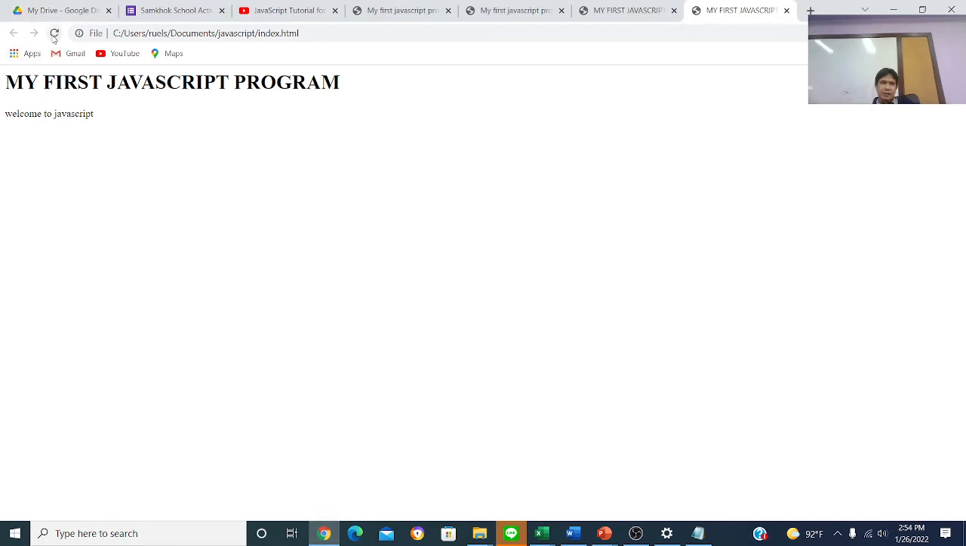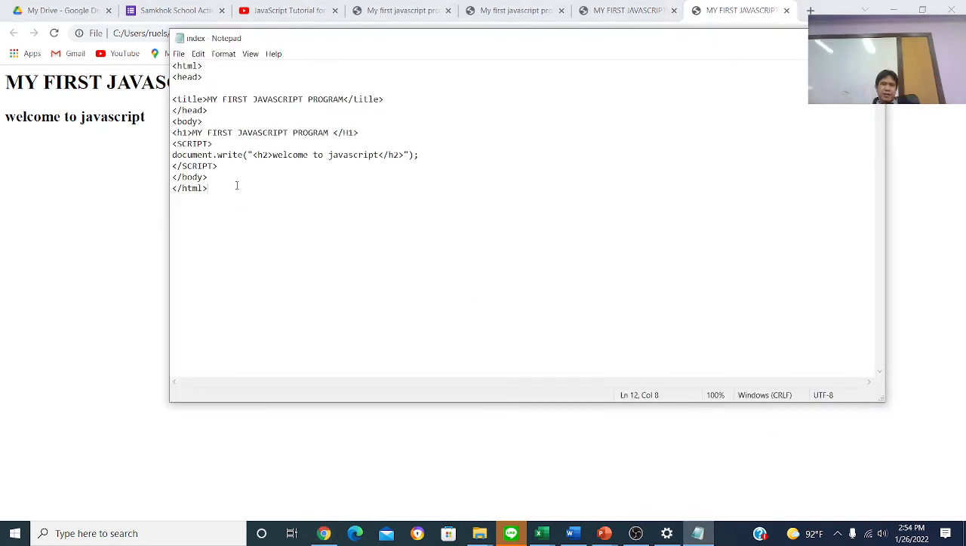Okay, I will refresh. You can see that the welcome to JavaScript became an H2, heading 2, which is big, but the biggest one is H1. This is how you can use a simple JavaScript file. Okay. Now that we know how to insert an HTML tag inside the JavaScript code,